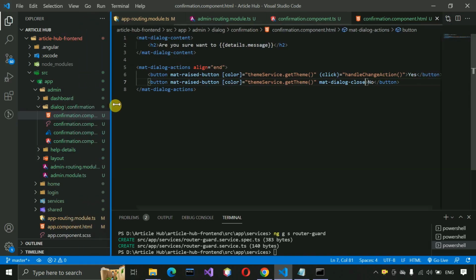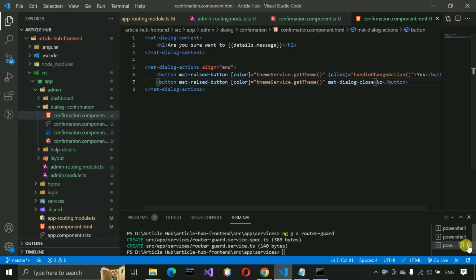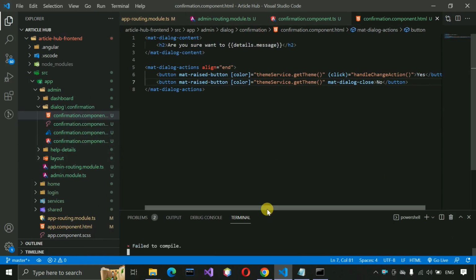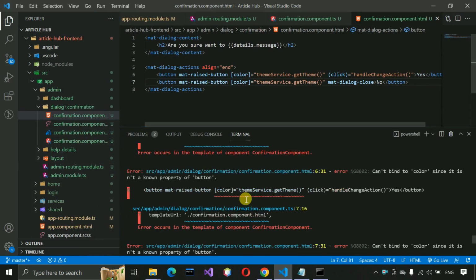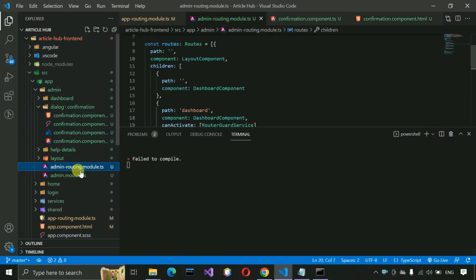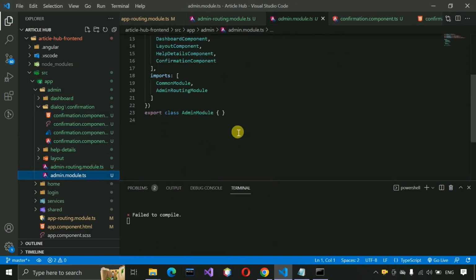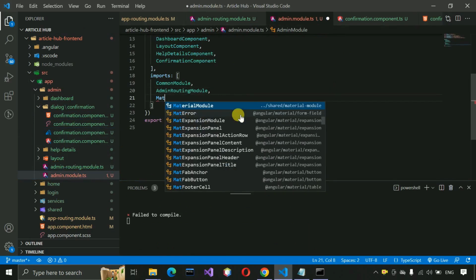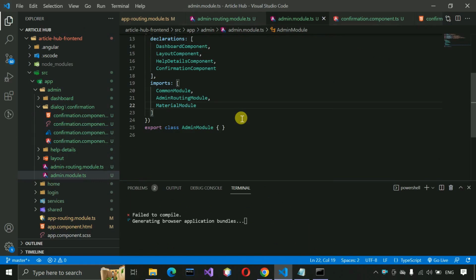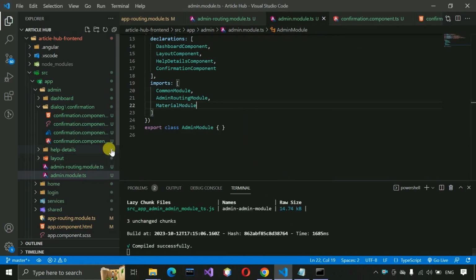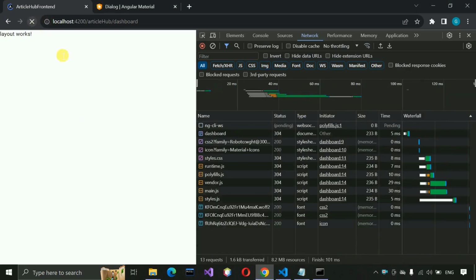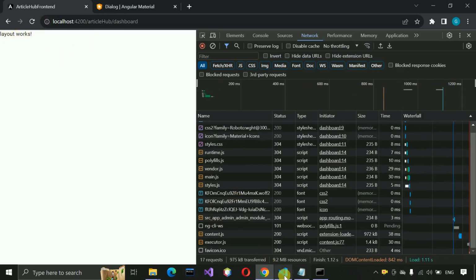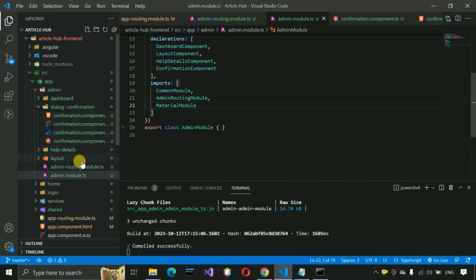Now we have to import one module which we want to use, because I think it's throwing an error. Okay, so we have to go to the app module actually, and we just need to import the material modules. So here I'm going to write material module, and just save this, and the error has been removed. So if I go to the page, now it's still showing okay, layout works. Okay, so now we have to go to the layout component,